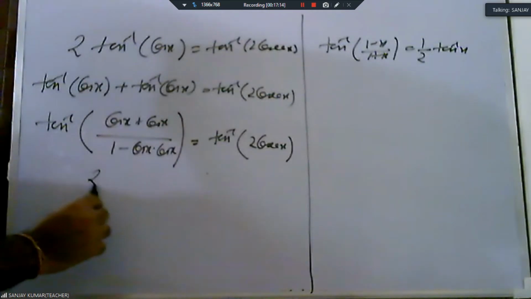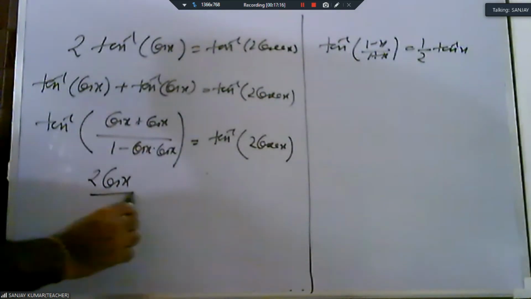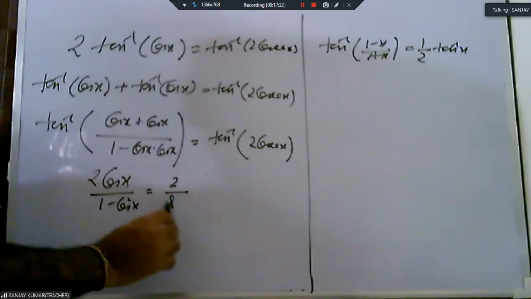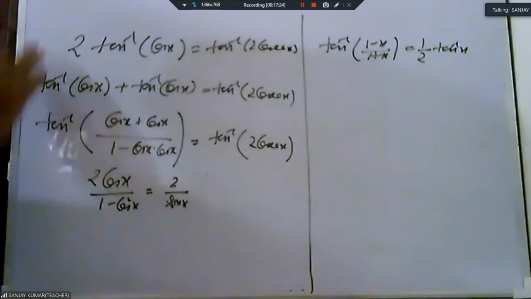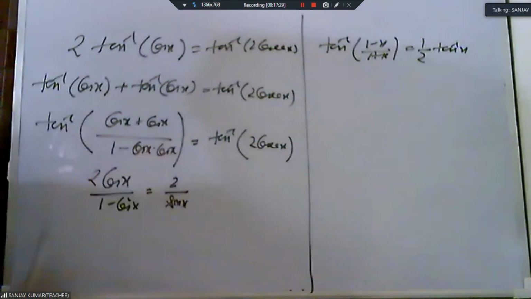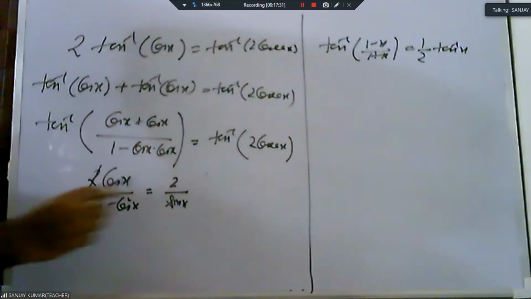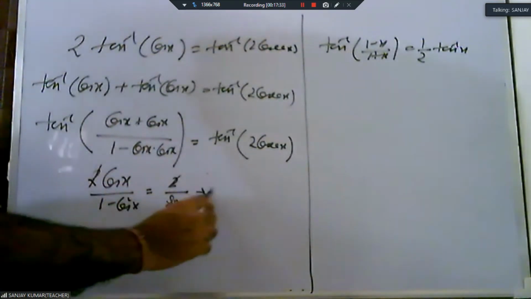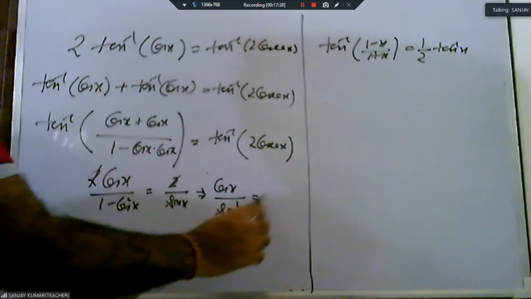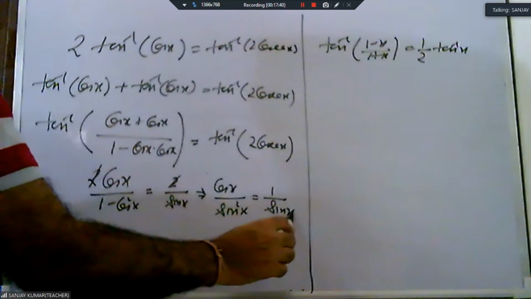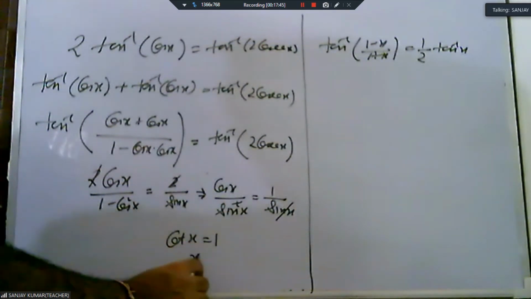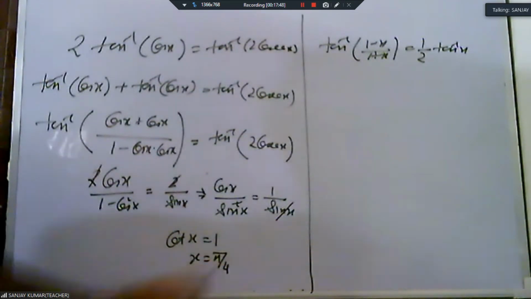Okay, now this is 2 cos x upon (1 - cos²x). The same thing is 2 upon sin x. So what is the concept behind this question? We create tan inverse on both sides. After that we can compare the angle. Okay, now this 2 is cancelled with this 2. So this is cos x upon (1 - cos²x), which is sin²x, is equal to 1 upon sin x. This sin x is cancelled with the sin x. Then cot x is 1. Then what we have, x is π/4. Okay.